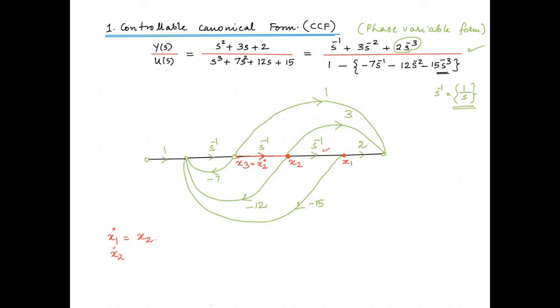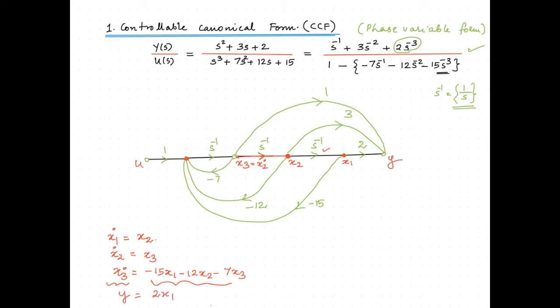Now coming to x2 dot. x2 dot is just x3 as discussed previously. There are 4 paths that come there, that is minus 15x1, minus 12x2, minus 7x3. You can see that towards the right side of these equations, we can't write any of the derivative terms. It should only be functions of xi, that is x1, x2, x3, etc. Only these can be used towards the right side. The left side should be first order derivatives.